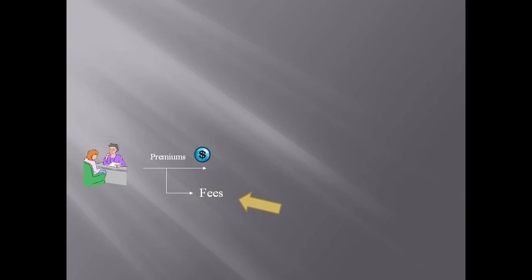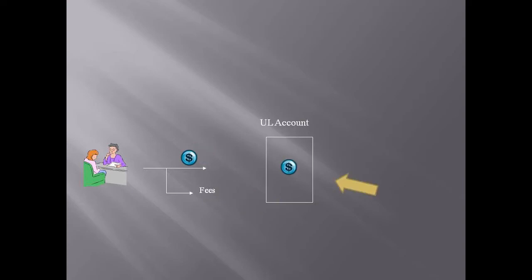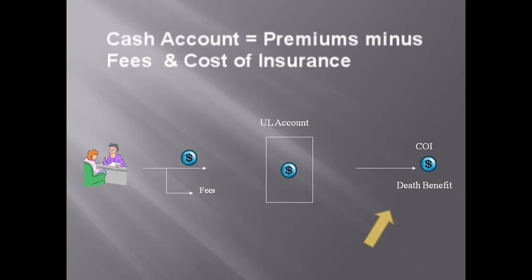For any life insurance policy, there are premiums. You can pay annually, semi-annually, quarterly, or monthly. Fees are deducted from each premium to cover administrative costs. What remains after the fees are deducted goes into the cash account, which essentially you own. Cash accounts only exist in permanent policies. Term policies do not have cash accounts. In addition, there is another cost that is deducted to cover the death benefit, called the cost of insurance. So you can see thus far, from your paid premiums, the life insurance company subtracts fees and the cost of insurance, and the remainder goes into your cash account.